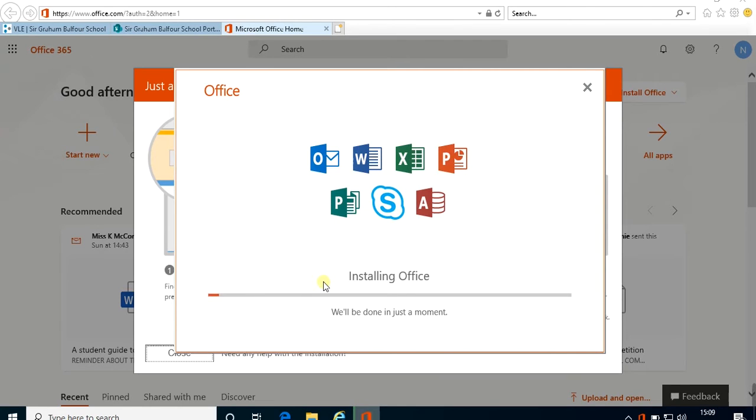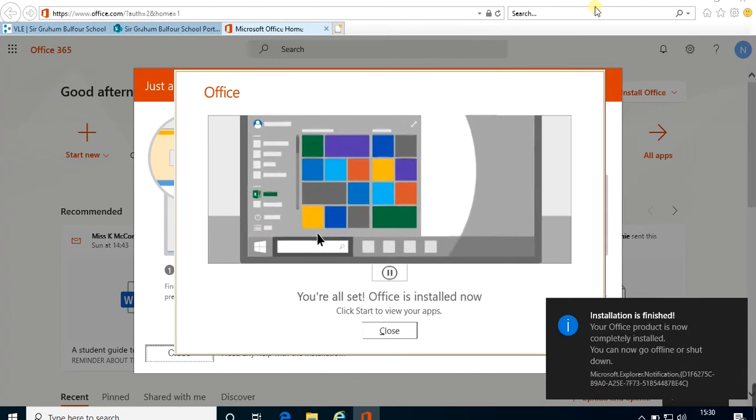Just give it a bit of time. This can take probably about 15 to 20 minutes. So it is installing the Office applications. Now installation has finished. Just click on Close